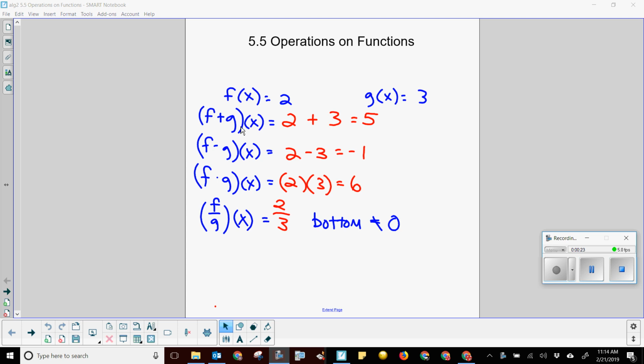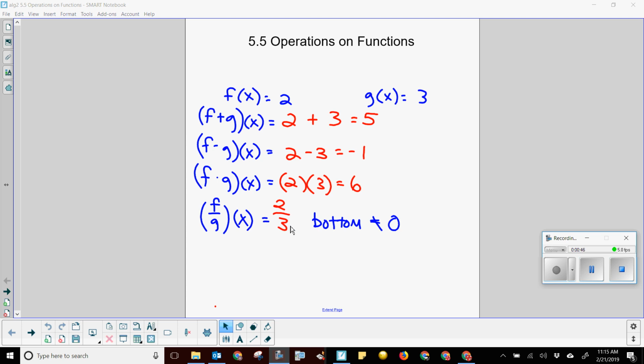Then it wants f plus g of x. Well, we're going to take f of x, and we're going to add g of x, and we're going to simplify. F minus g, take f, subtract g. F times g, take f times g. F divided by g, this one will be a little bit different. There won't be any really like simplifying to do. We'll turn it into a fraction, f divided by g, and then we're going to have to figure out